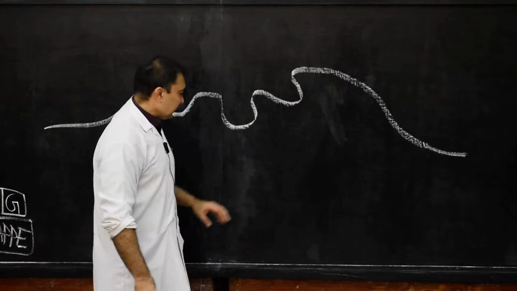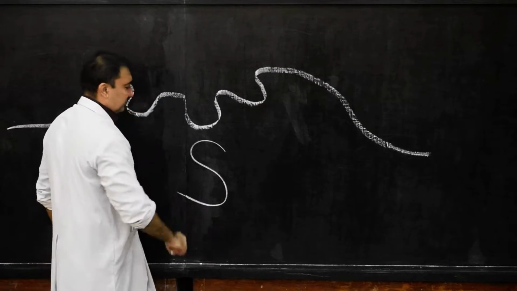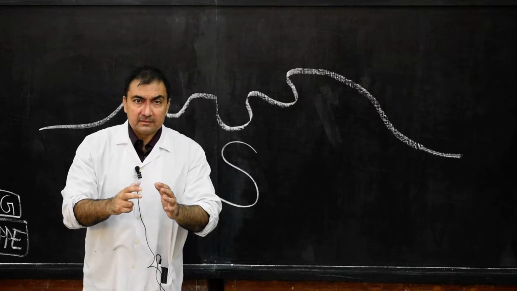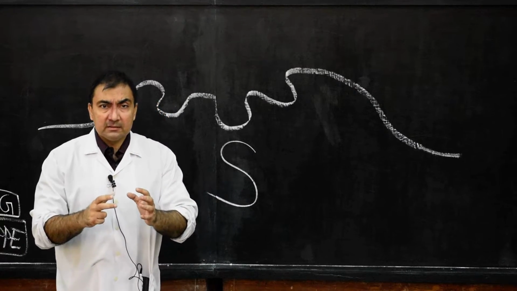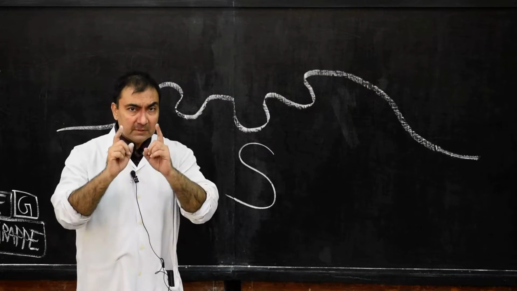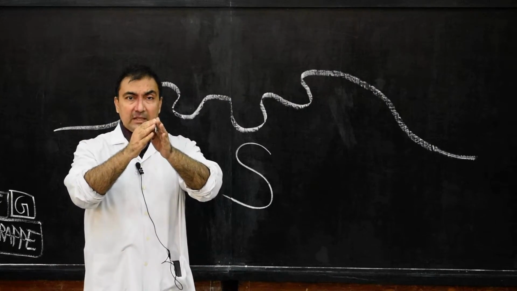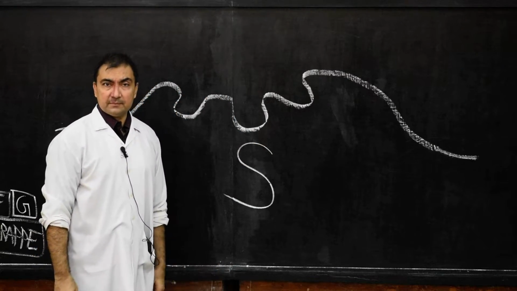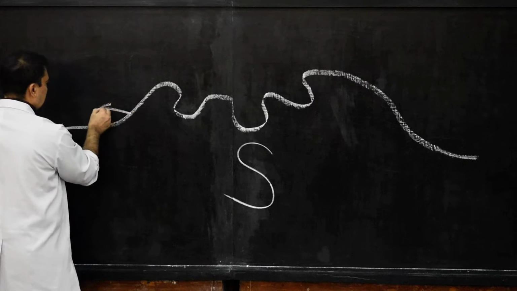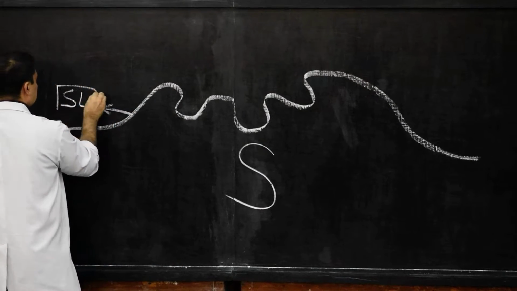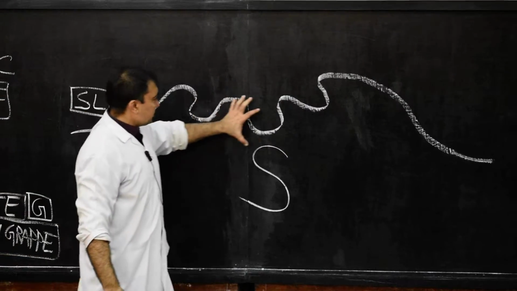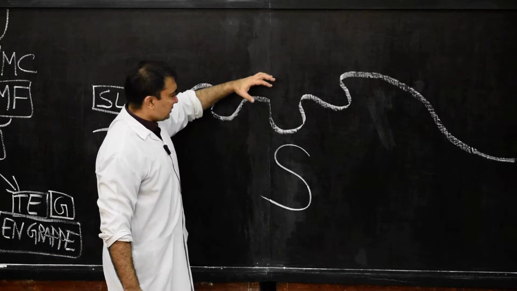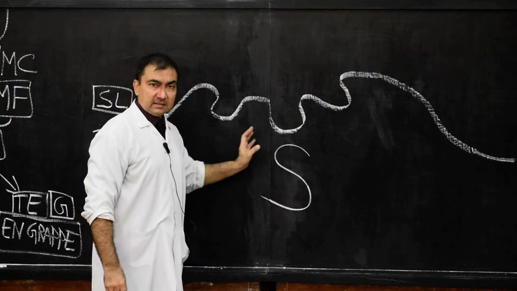We start with the sole. What is the definition of sole? If I write here, this is the sole. The sole means the motor end plate where the granular sarcoplasm of a muscle fiber will be elevated. So the granular sarcoplasm of a muscle fiber, whenever it is elevated above the sarcolemma, this portion will be known as the sole. So the sole consists of the elevated portion of the entire sarcoplasm.